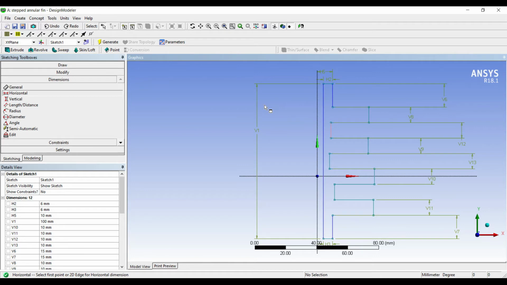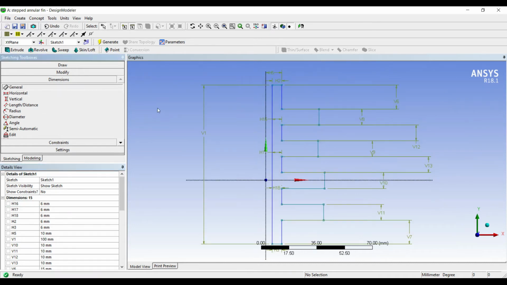I'll give the distance between this line and this line. We are all 6. Okay, there's one more dimensioning left. Now I will give this distance.